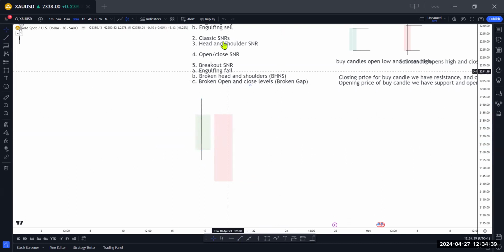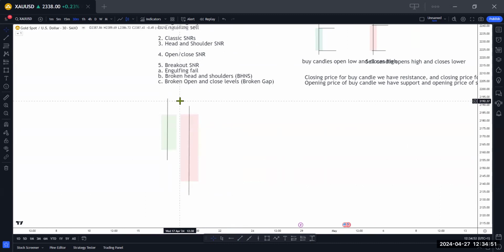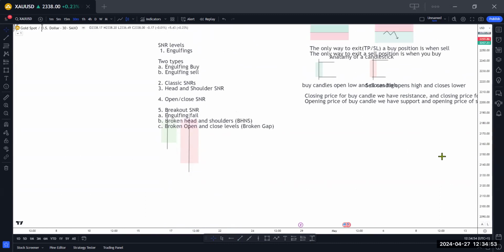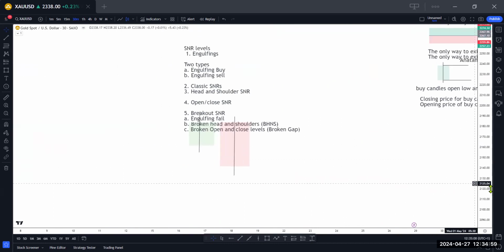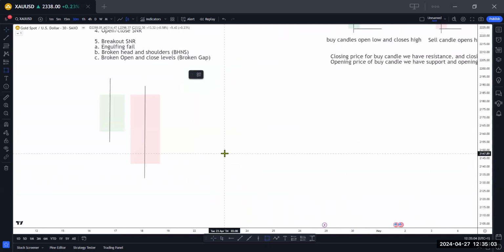And then this sell candle now engulfs the buy candle. So this is engulfing sell. Now I said there are two types of engulfing. We have engulfing buy, then we have engulfing sell. So this is an example of engulfing sell. And for engulfing buy,